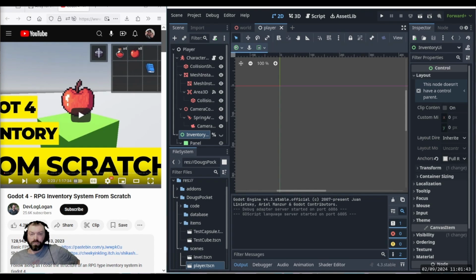Alright. In an attempt to learn more about dictionaries and inventory systems in general, I found another tutorial. This one is by